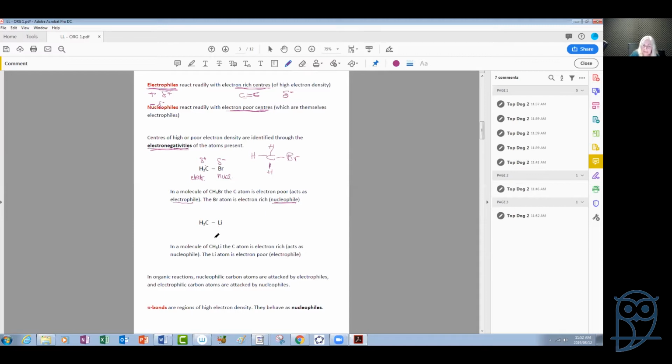So in this molecule, though, it's the opposite. The lithium is less electronegative, and therefore this will be the positive center of the molecule, and this will have a partial negative charge, which is the opposite of the previous molecule. So it depends what atoms are involved for us to decide which one is more positive and which one is more negative. I don't think you'll see a molecule like that in your examples, but you're going to see very